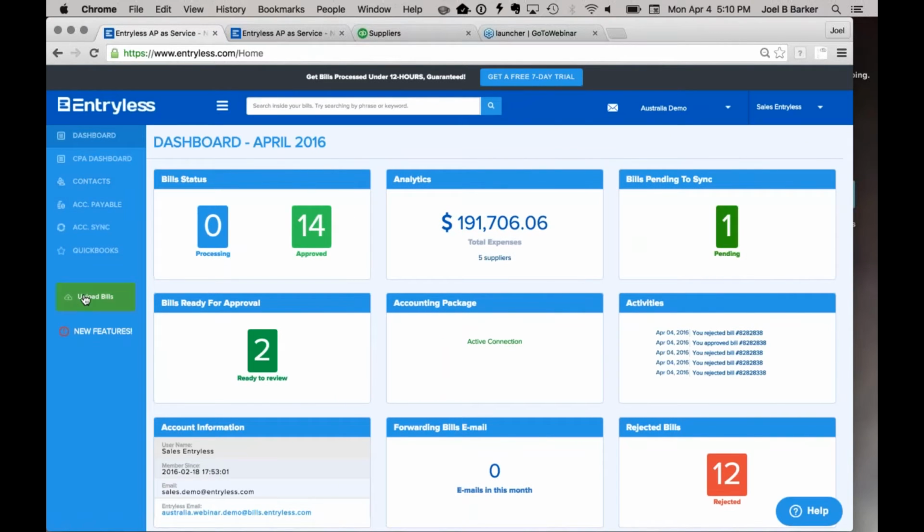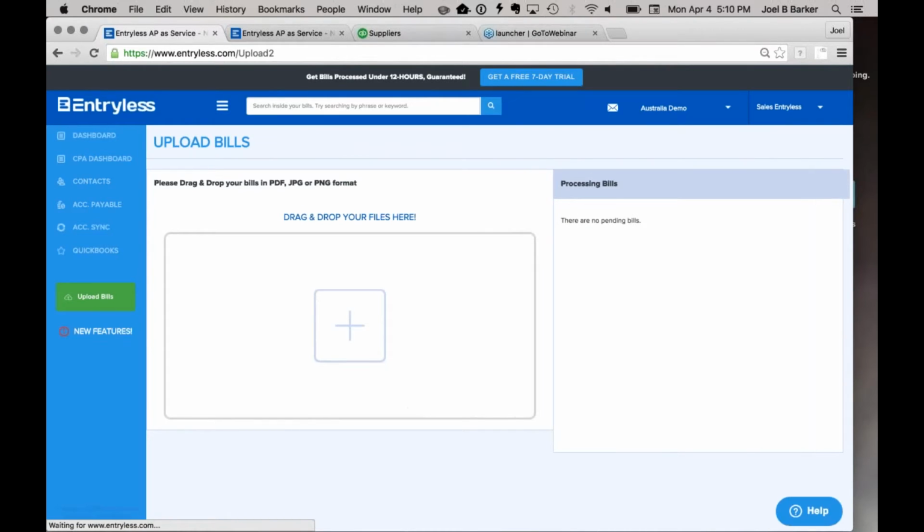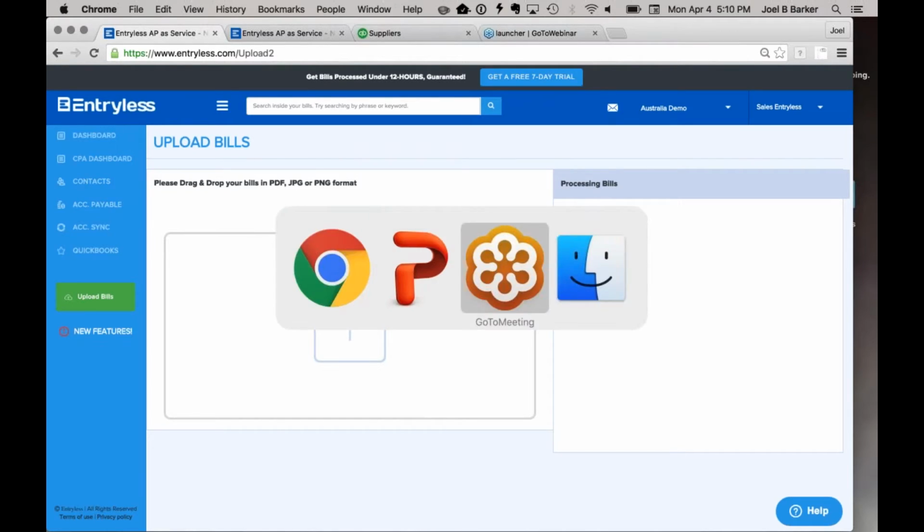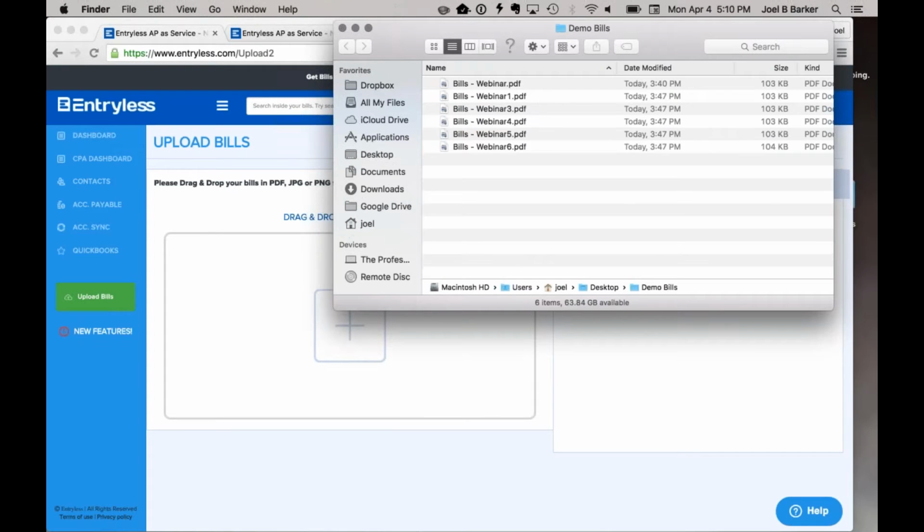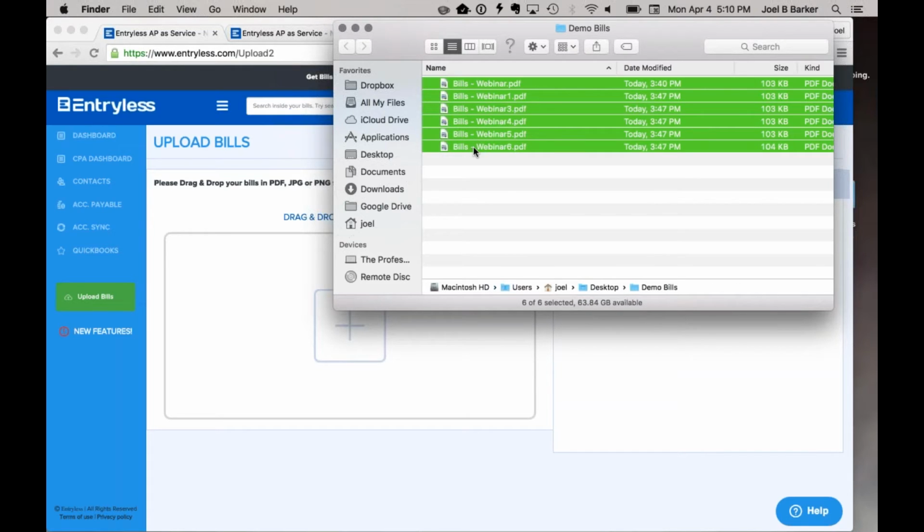So from here, we'll go to the Upload Bills section. You see this is a very clean interface that offers a pretty straightforward choice. Drag and drop your files here. I'm going to open up a few bills here. These are our sample bills. As you can see, you can select multiple ones at a single pass and drag them onto,